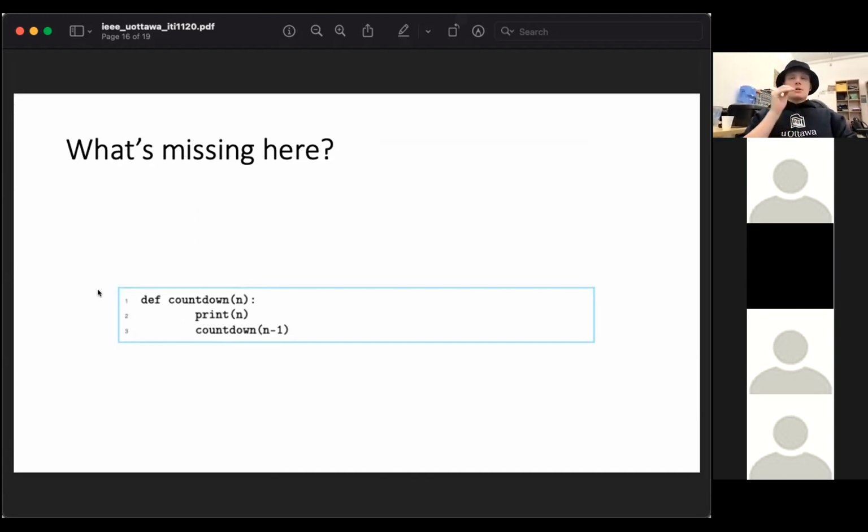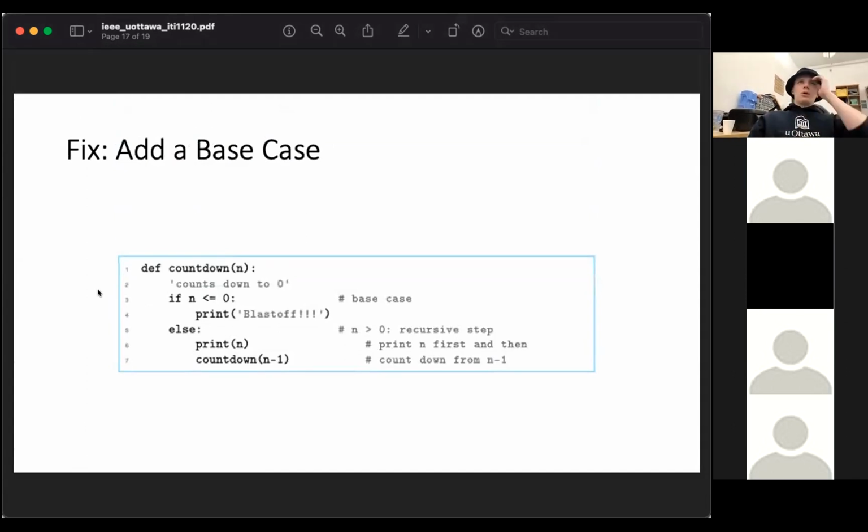But it goes up until then, and then it would crash. So here we would have to add a base case. We say if n is less than or equal to 0, then you print blast off. Otherwise, you print the number and then you call countdown n-1 again.